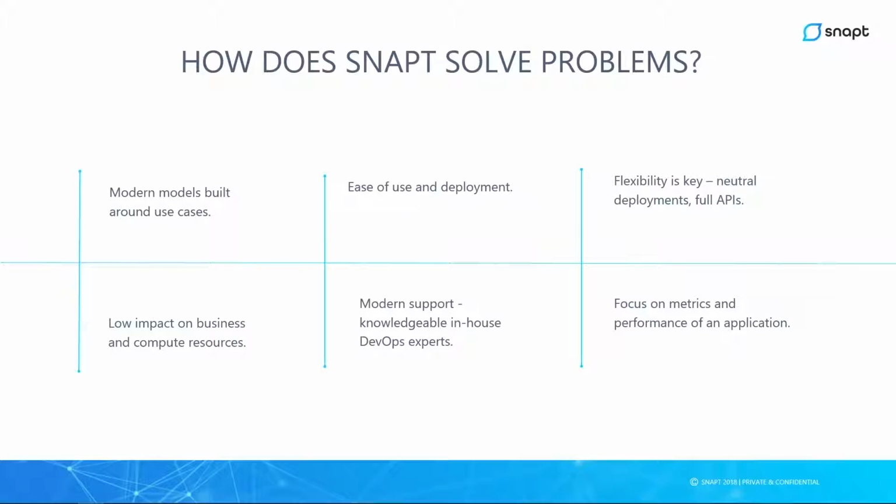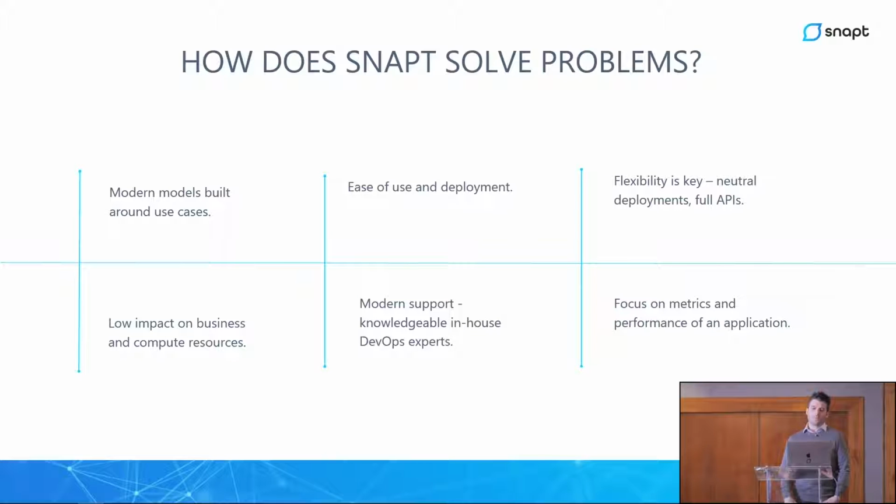So how do we go about solving these things? Modern models build around use cases. This is really where I was talking about the business being different, right? So the product does all sorts of things, and we'll get into that when you look at the product more. It supports things like Kubernetes, it supports service discovery, can scale out and scale in, and all of these various things. But the first thing is, well, how